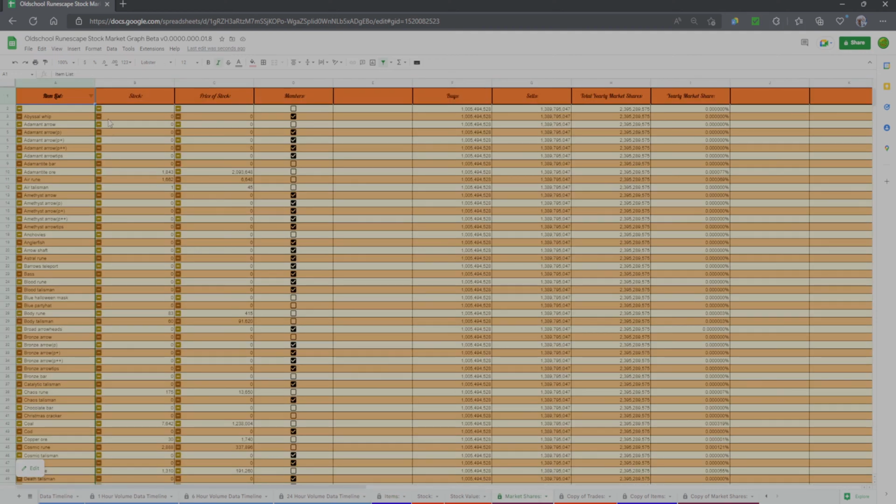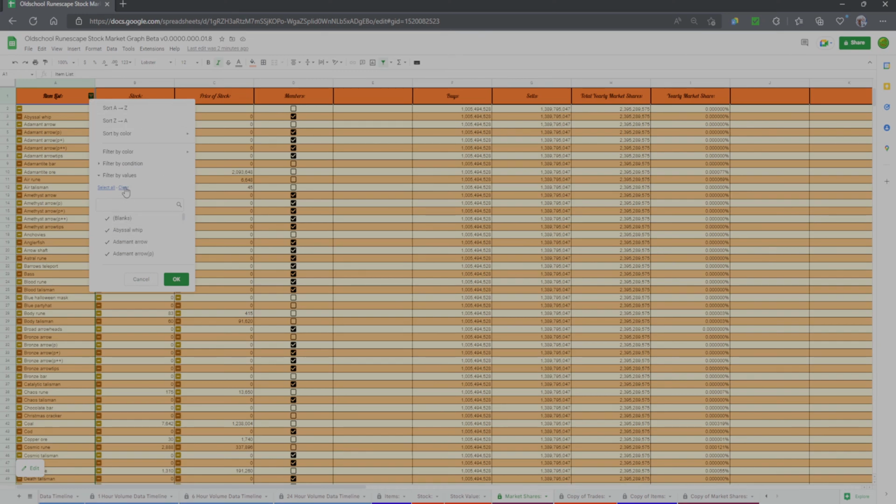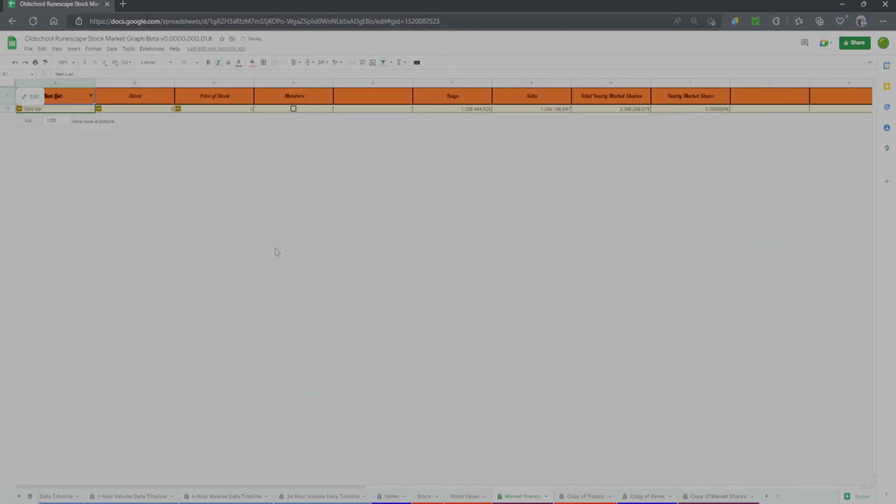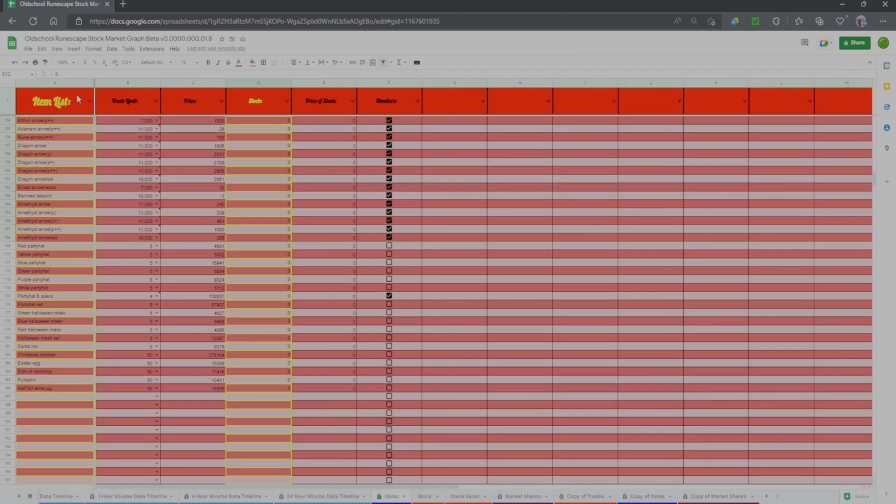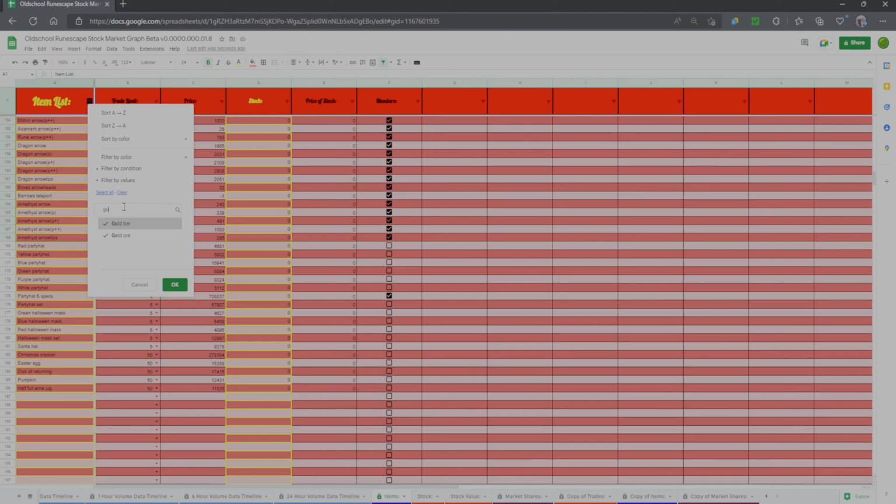So, here's the market shares. This is a new feature, and I also made copies of all this just in case. So what are we trading? Gold bar. Okay, so you only want to do what you're currently trading if you really want to know how much of the market you have control of. And I forgot to add items to that stock, so what we do is go to gold bar,